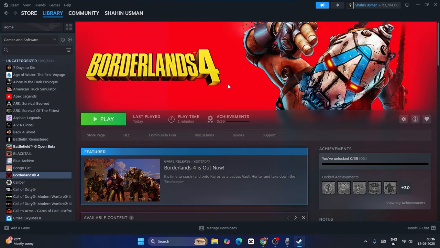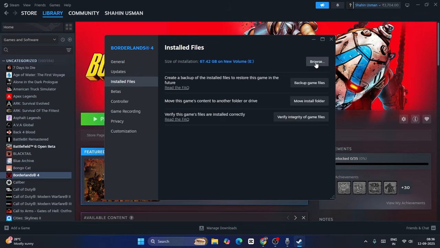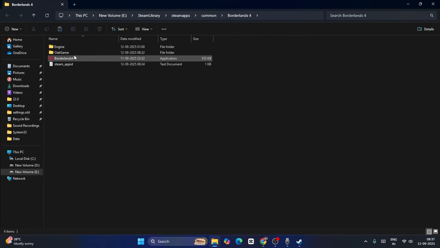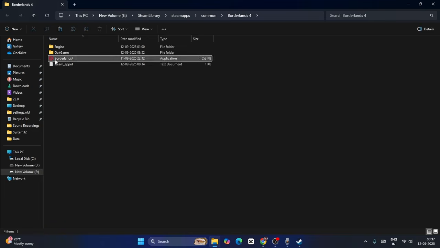Next one is all about running the game from the installation folder. Sometimes launching the game from Steam might be causing the issue. So we need to launch the game from the installation folder. Just go over here, right click and go to Properties. Now go to Installed Files and click on Browse. Now from here you have to launch the game. That might work. Either you can run it as an administrator from here, then launch it, or you